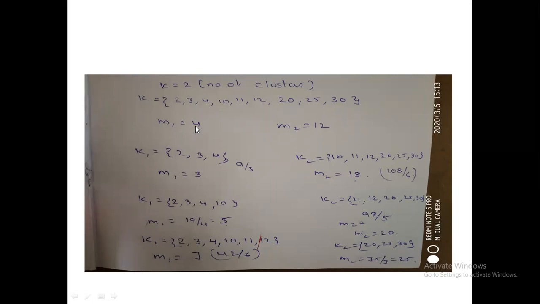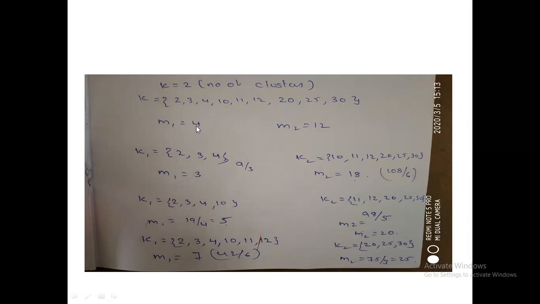I have taken the random mean of the first as 4, and the random mean of the second as 12. Not necessarily these 4 and 12. What values do you want to take? You can take one value in the first half and the other value in the second half, whatever you want. There is no specialty that we have to take a third element like that. Take random mean values. What is the next step?